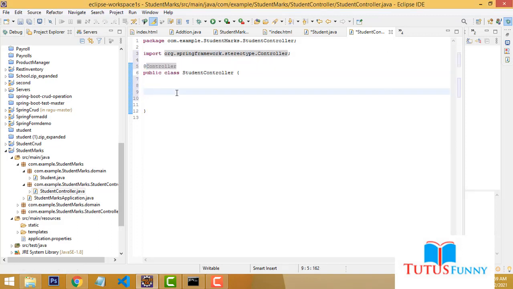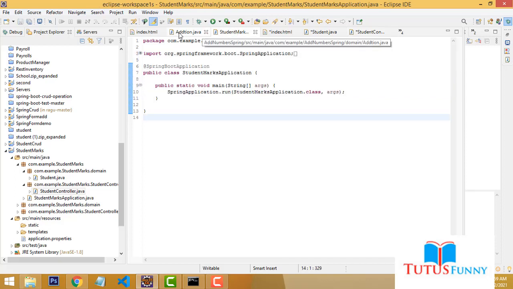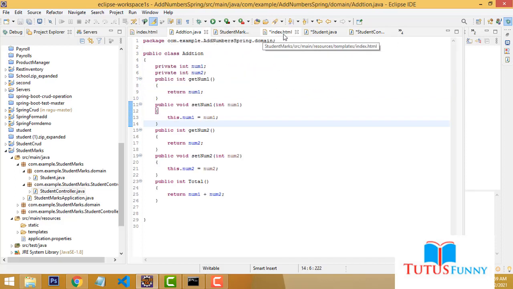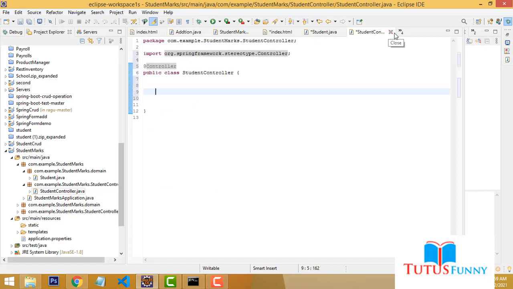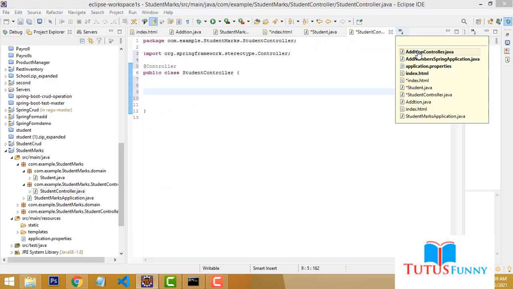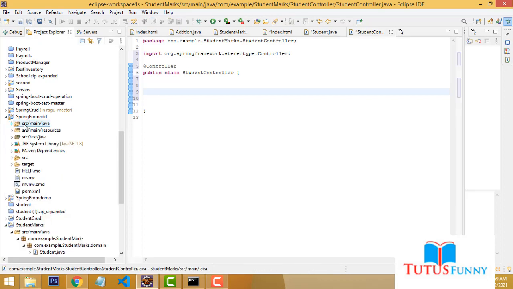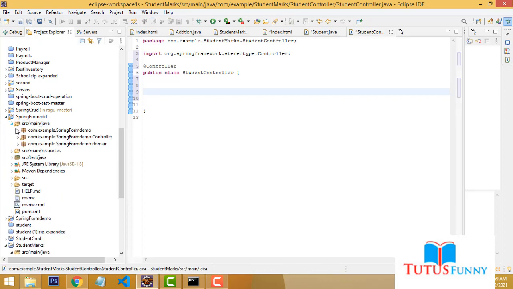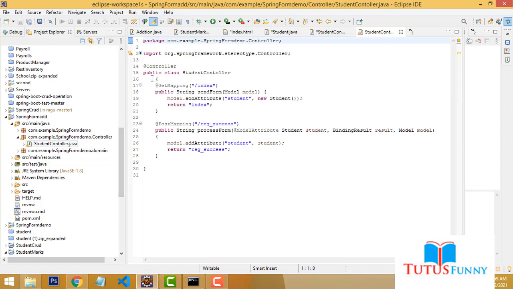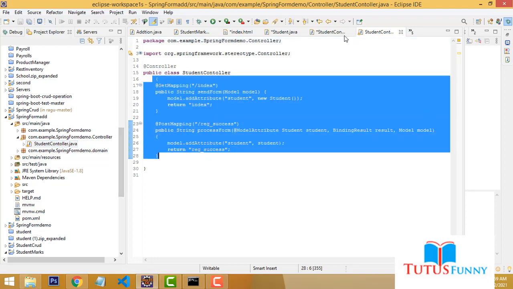After that we have to write the methods. We already did all this, so there's no need to write it again and again; it takes too much time. We already did the student part, so I get the previous one, and I just copy and paste it. I will explain it.